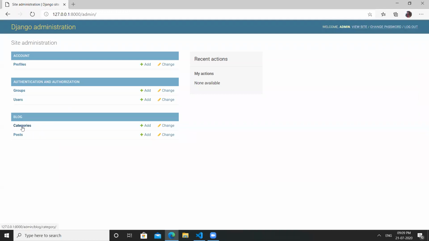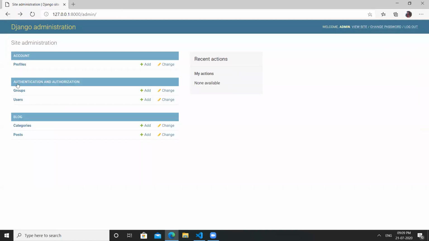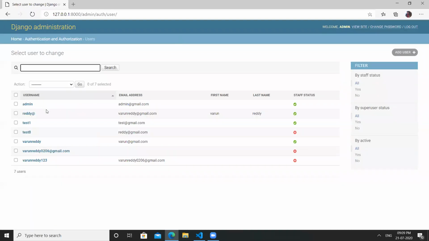And this can be added only by the administration. This is a page which is only for the administration, not for the users. And we can post new things, everything in the post file. And we have the users. We can see who the users are that have logged in. We can see the database, everything here.